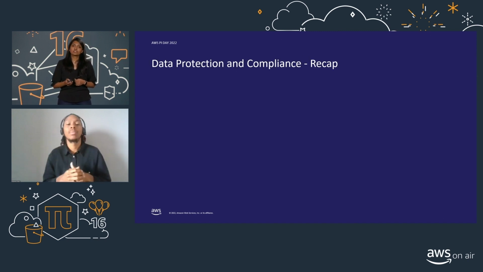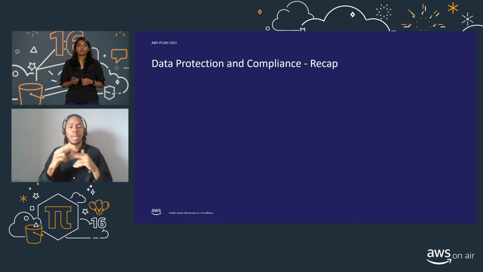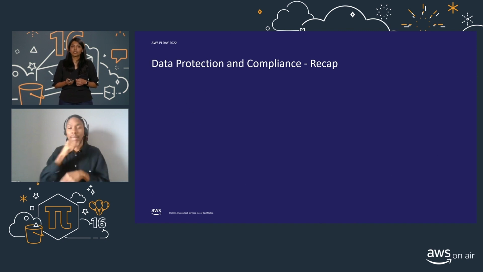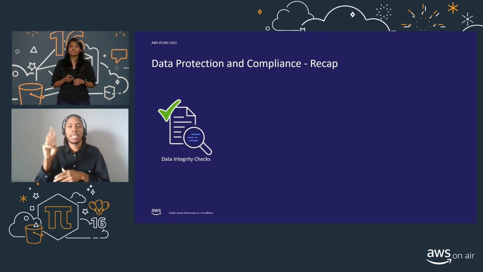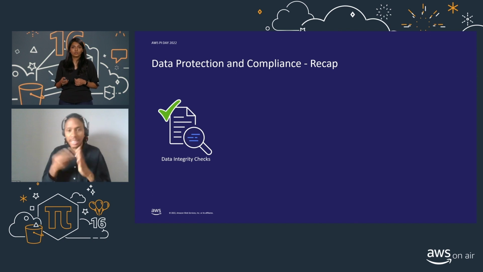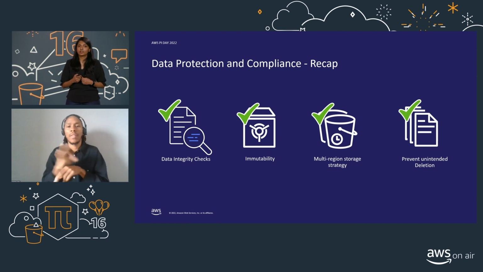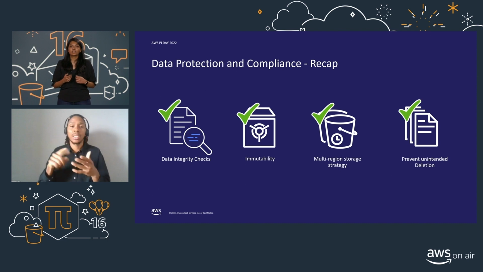Using all of the tools that we have discussed today, you can now build protected and compliant storage at scale on top of Amazon S3. You can use our new checksum offerings to verify the integrity of the data you bring onto S3. And once the data is on S3, you can use features like versioning, object lock, replication, and storage lens to easily protect petabytes of data on S3.